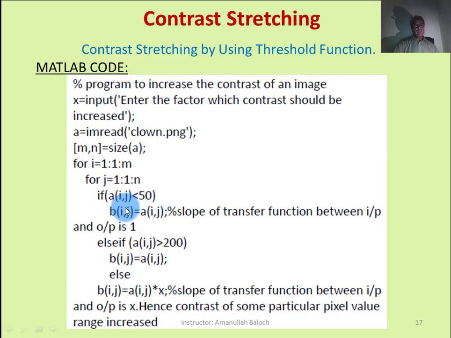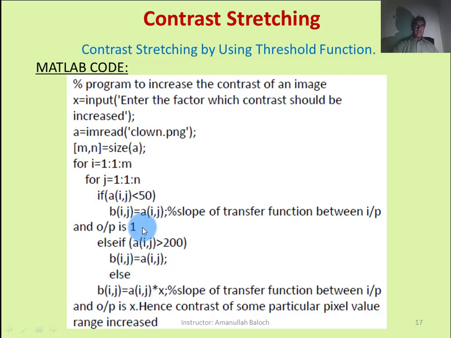It transfers the same pixel value into the output image, and if the pixel value is greater than 200, then it will also transfer as it is from the input image into the output image, as the values less than 50 and greater than 200 are converted or multiplied with the factor x.